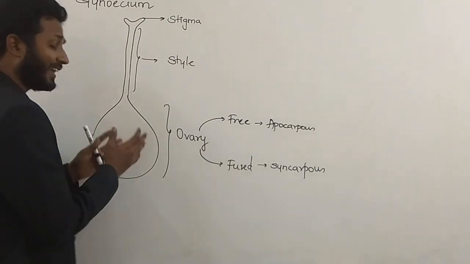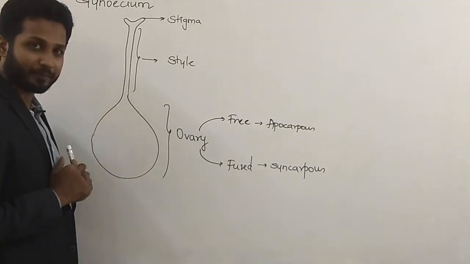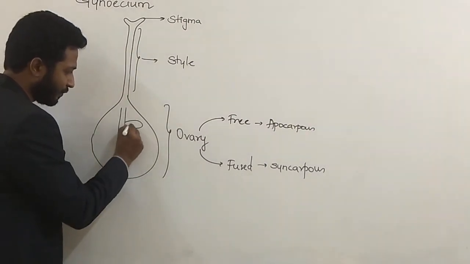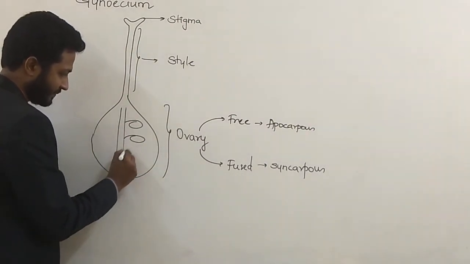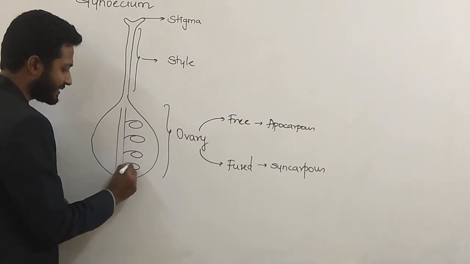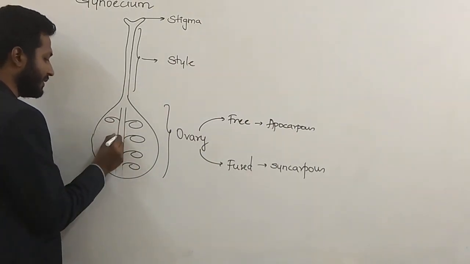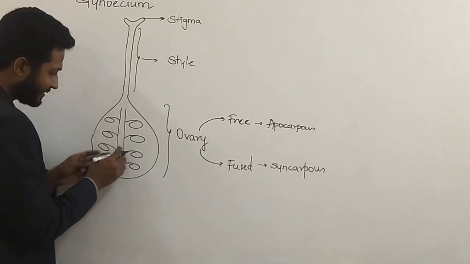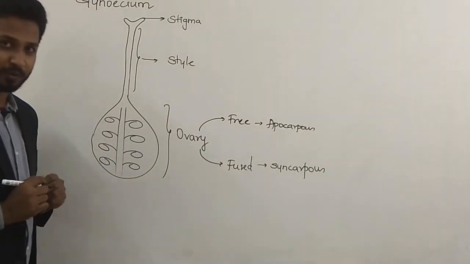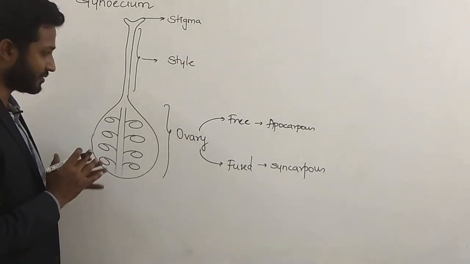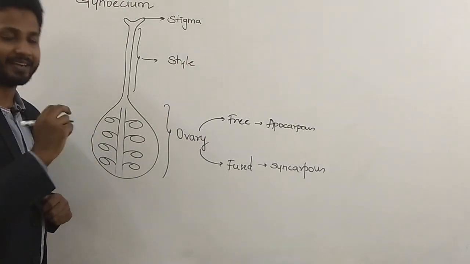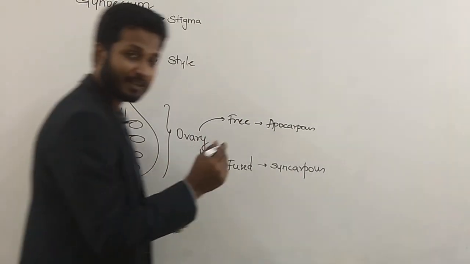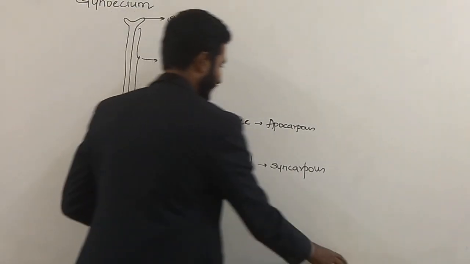Now, what exactly is there within the ovary? If we carefully analyze, there is an axis to which you have ovules being attached. You have already studied in first PU part that arrangement of ovules in ovary is known as placentation. So let us try to analyze the structure of ovule. Okay. How exactly does ovule look like? This is second 5-mark question which can be asked from this particular chapter. So let us try to draw this ovule and analyze it.